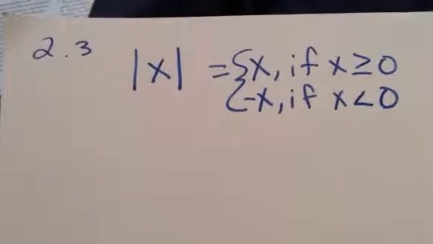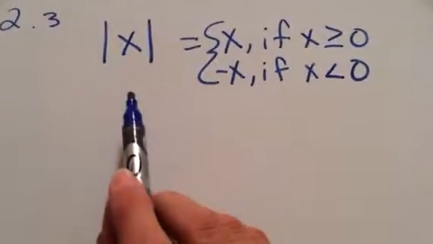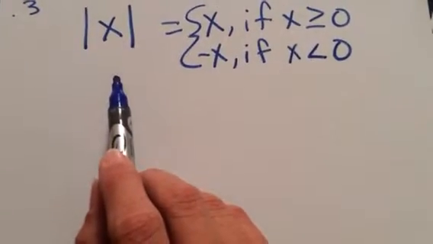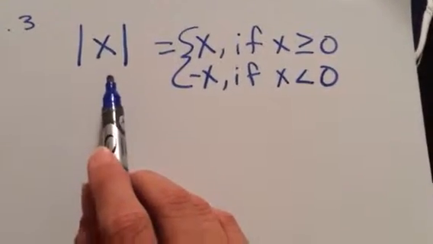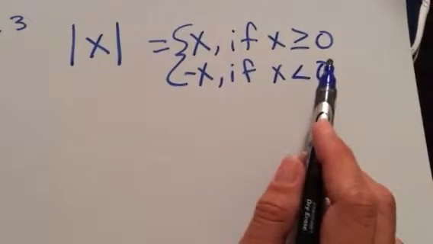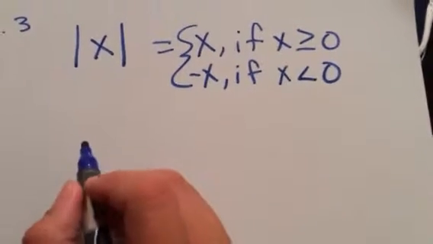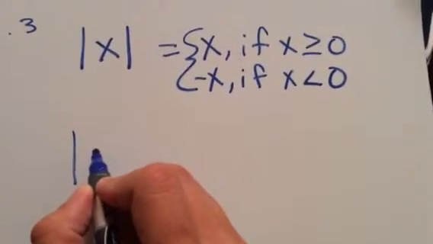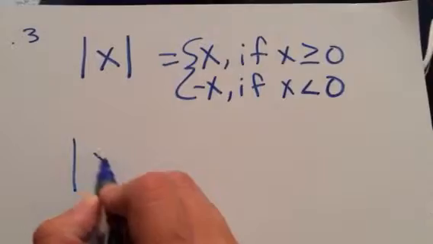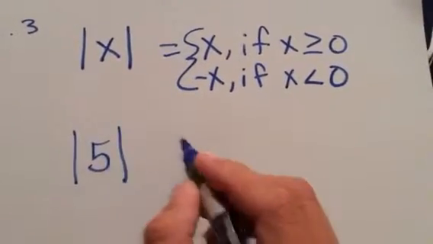Lesson 2.3 is dealing with absolute value equations, and a formula found on page 50 says the absolute value of x equals x if x is greater than or equal to 0, and negative x if x is less than 0. So an example of that would be the absolute value of 5